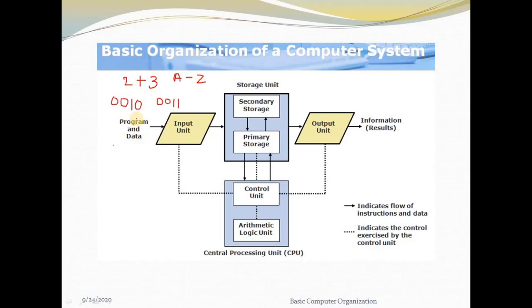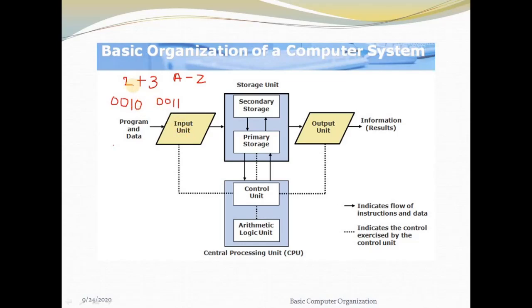Let us take an example. Suppose we want to do the calculation of addition, that is 2 plus 3. This is what we call the raw data, the data that we want to give to the computer, and we are also giving the instruction. This will be given by the user, the person who wants to give this input. This is the outside world. From the outside world, we need to give this data to the computer by using the input unit. Let us consider it as the keyboard.